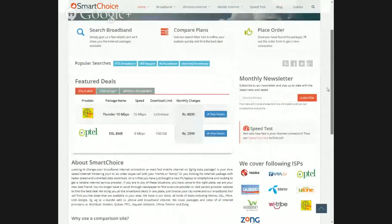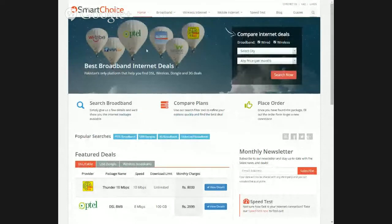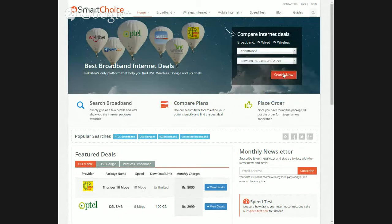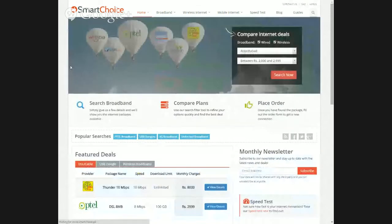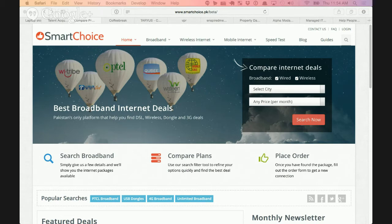So looking at the page, the first thing that I would want to do is obviously compare services or compare deals. So I'm seeing here that I can compare some kind of deals, but if it was possible to compare services, I'm not sure if that's what this site is offering. If it's like a service comparison, compare plans, or if it's actually providing the services. I couldn't tell either, but right away what I was wanting to do if I were them, if they're trying to get leads for these broadband companies, would be to think about requiring an email address to do the search